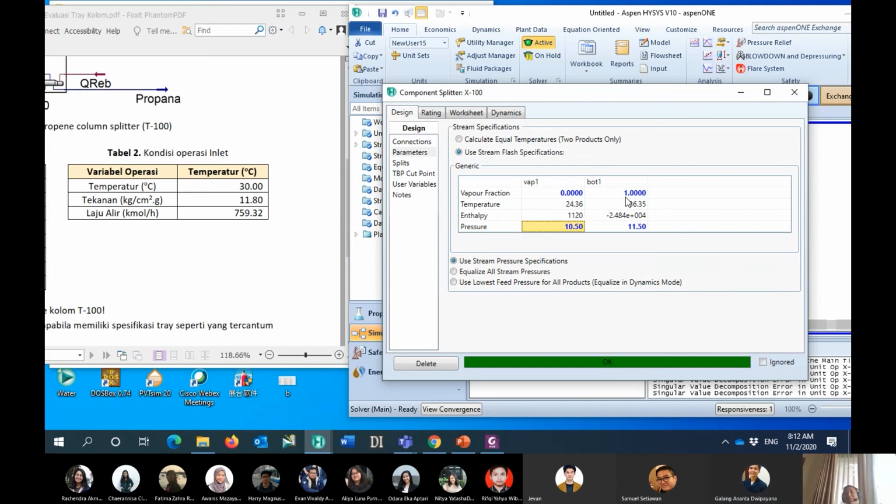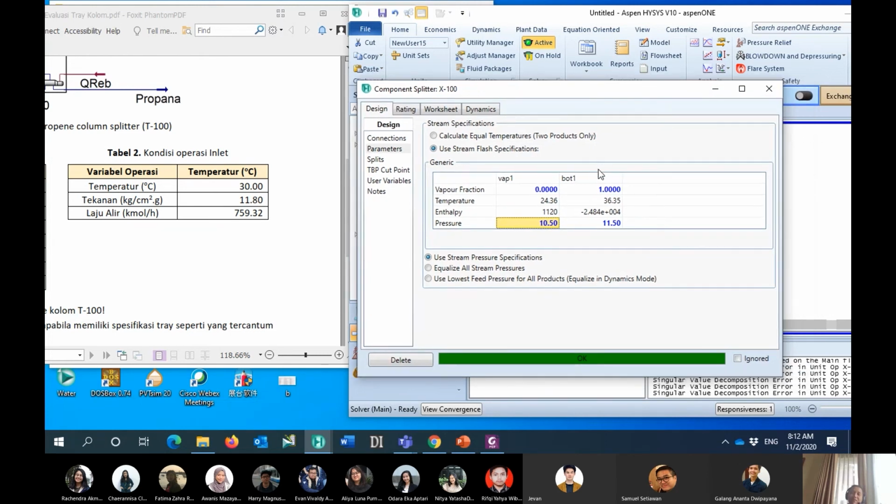I understand your question. The condition that I mentioned here is actually the condition that I have to provide for the heating of the operation, from the liquid to the vapor. Yes, it is correct that at the bottom you will have the product in liquid. But I have a duty to change the phase from the liquid to the vapor.